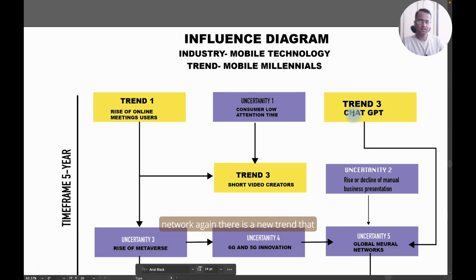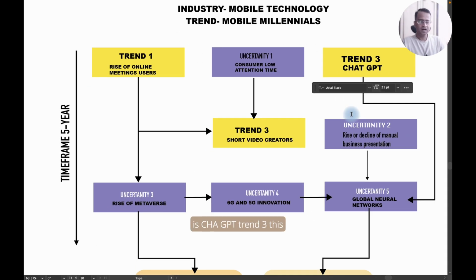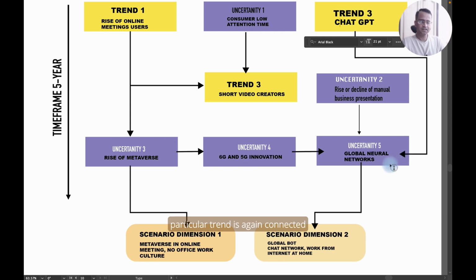Again, there is a new trend, ChatGPT, trend 3. This particular trend is again connected to our uncertainty, the global neural network. So after accumulating all these uncertainties, we filter out the scenario dimensions